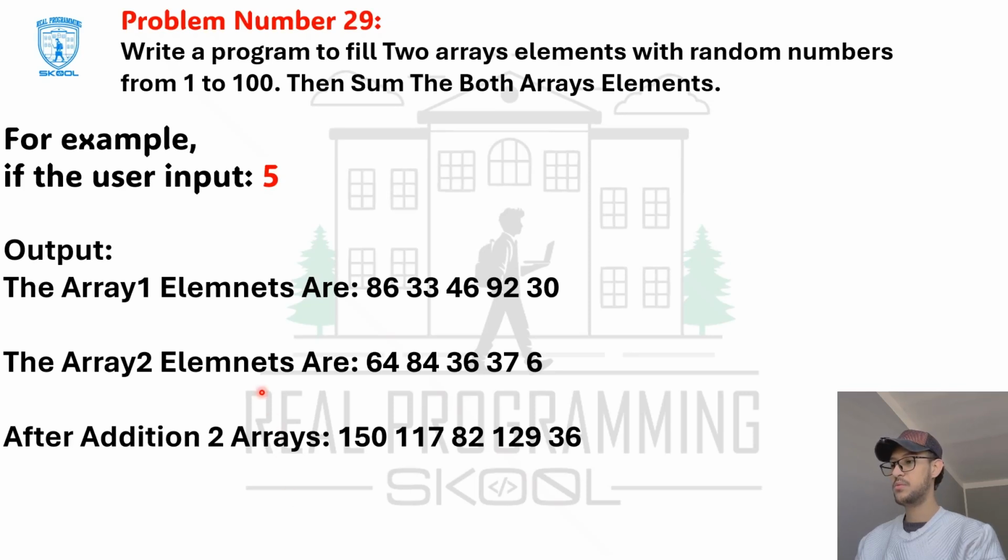Today we're going to have problem number 29. Write a program to fill two arrays' elements with random numbers from 1 to 100. Then sum both arrays' elements. For example, if the user inputs 5, the output should be the array1 elements are